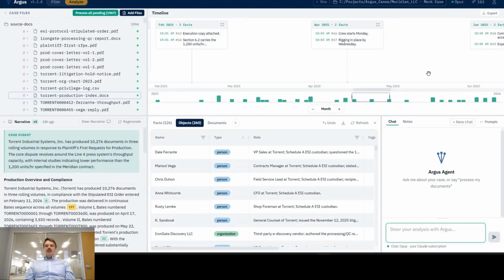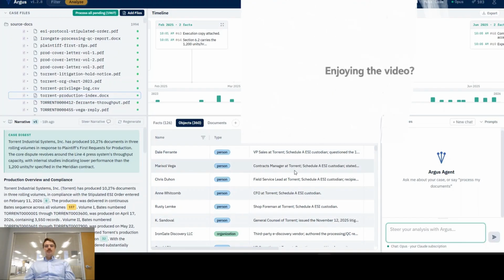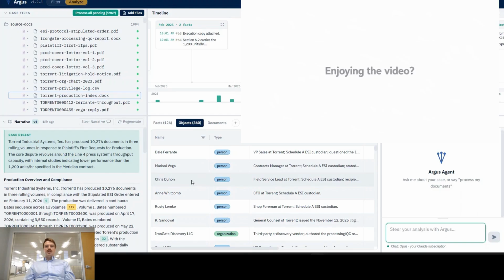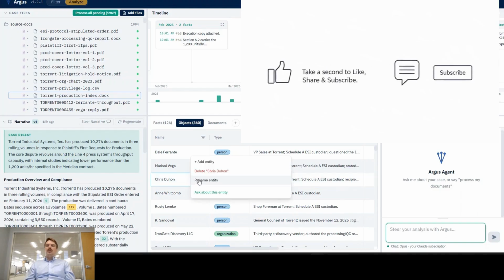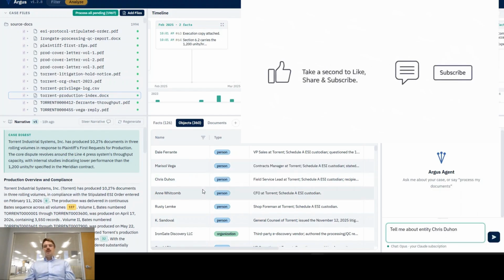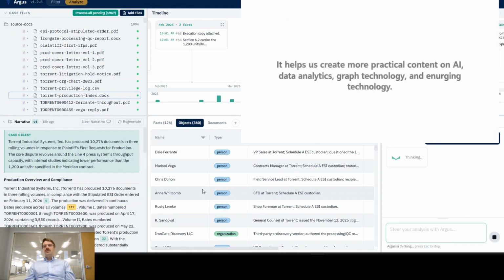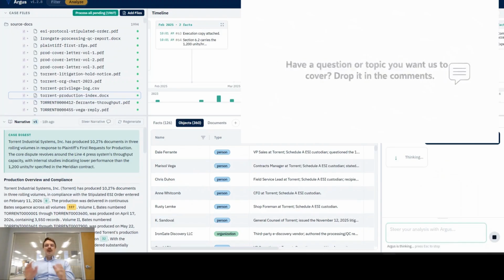And then at the bottom right here, you have the Argus agent. So if we right click on one of these objects, you can ask about the entity, hit run, and Argus will explain how that entity is relevant in this case. Because Argus prepares that last mile,